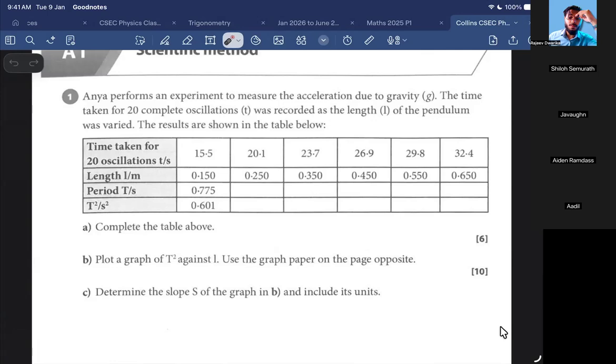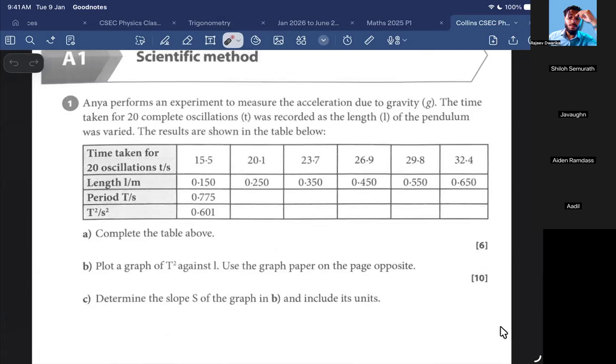Time taken for 20 oscillations, T/s: 15.5, 20.1, 23.7, 26.9, 29.8, 32.4. Length L/m: 0.150, 0.250, 0.350, 0.450, 0.550, 0.650. Period T/s: 0.775. T squared/s squared: